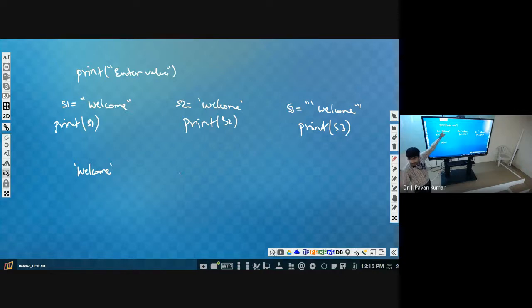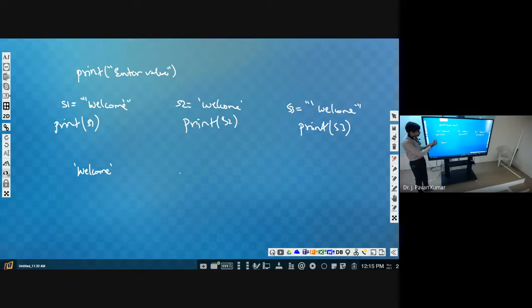In double quotes we should use single quotes. So s1 we will assign like this, double quotes, then single quote. Whatever is enclosed within double quotes will all be considered as string. So there we will be using single quotes. A single quote will also be considered as one character only.